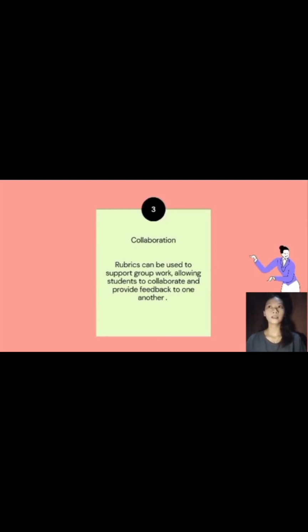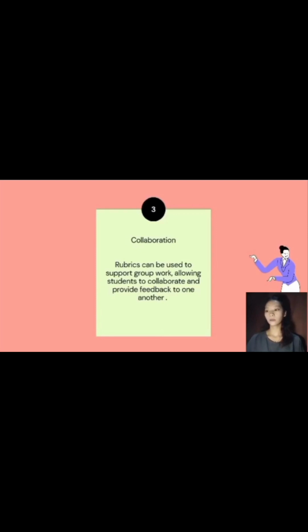So diri ang part, ang example ani is ang group work. Ang mag-assess ani or ang mag-evaluate ani is ang group leader. And then kailangan ang group leader is dili siya bias and kailangan ang iyang pag-grade or ang pag-evaluate niya sa matag members is fair lang siya and dapat accurate. Dili siya bias. Additionally, collaboration can help to identify areas where the rubric may need to be revised or improved,